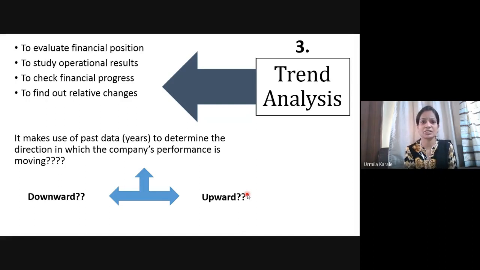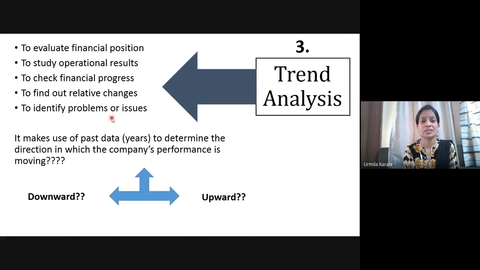Now it depends on you how many years of data you are going to compare, 3 years, 5 years, 7 years. Mostly people compare 3 to 5 years of data, because comparing very old, outdated data is not that useful. So you can compare at least the recent years, 3 to 5 or 7 years of data, and then try to find out the progress, as to how things have changed, right?